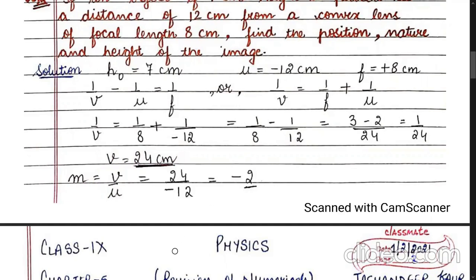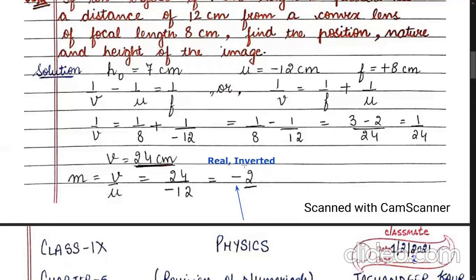Now again children, there is a sign of negative. Negative means a real image is formed. And whenever the image is real, it is always inverted, as we have done in class 8th also. So negative means real and